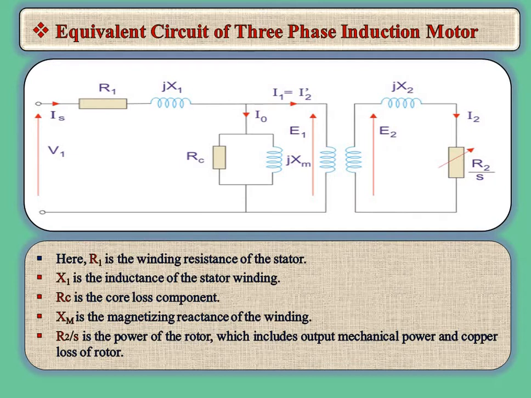The equivalent circuit of any machine shows the various parameters of the machine, such as its ohmic loss and also the other losses. The losses are modeled just by an inductor and a resistor. The copper losses occur in the winding, so the winding resistance is taken into account. Also, the winding has an inductance, for which there is a voltage drop due to the inductive reactance, and also the term called the power factor comes into the picture.